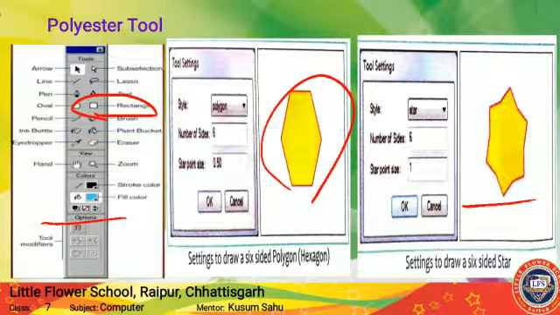After that you have to click on the property inspector. Through this you can change the size, color, etc. of the tool. Here you can see the tool settings, polygon. Here you can select the number of sides, size, etc. You can choose from here. Click the style drop down button and then select polygon or star. You have to select it here and you can create the star, hexagon, or any object by choosing the number of sides. The maximum number of sides is 30.